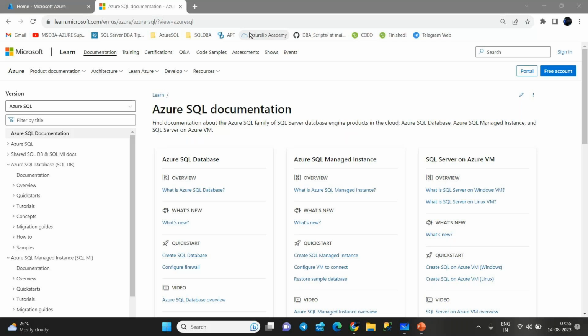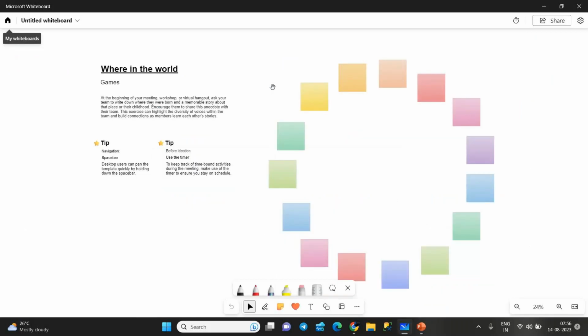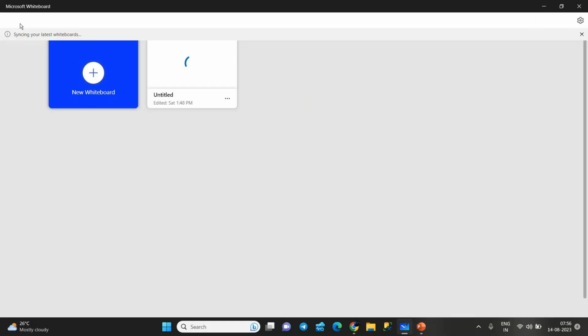Okay, basically, today we are going to start Azure SQL. So this whole week we will spend on the Azure SQL database. It is one of the PaaS platforms. So let's go and create one more.